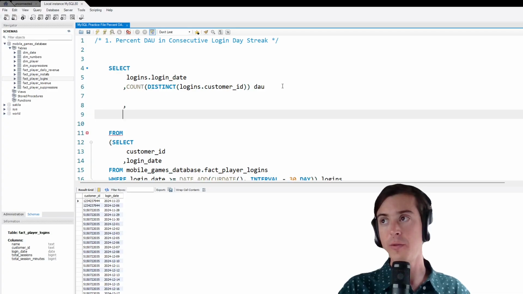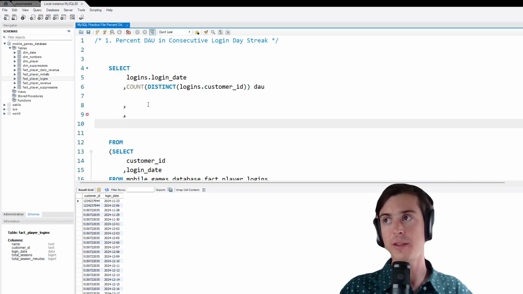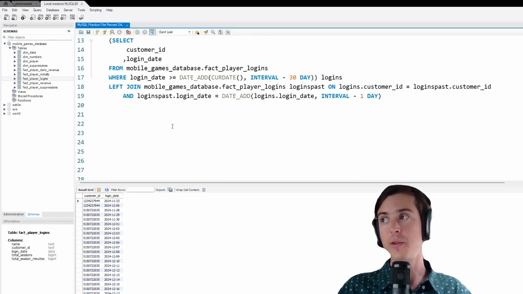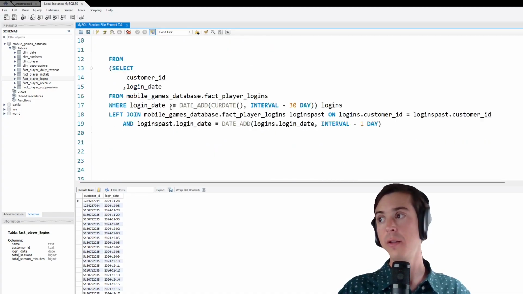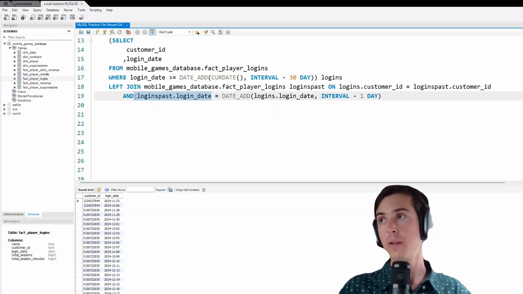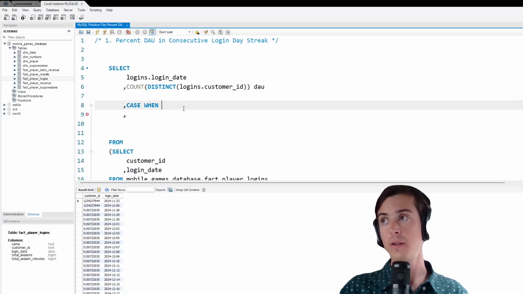Okay, great. So now comes the fun and tricky part, which is adding those trend lines. So here's what we're gonna do. We're gonna say this. Case when is not null, then